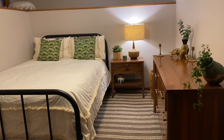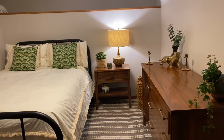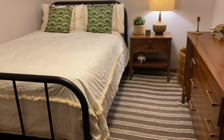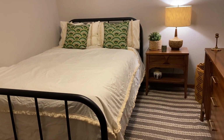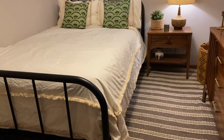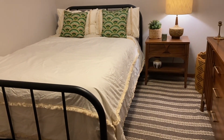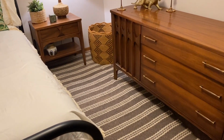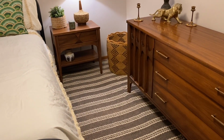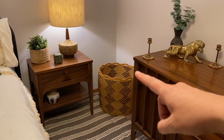And I'm kind of going for a guest bedroom, but I also want people to be able to envision this being a child's room too. I got the bed and the mattress, both of them, off of Facebook Marketplace for $40, and I spray painted the bed black. I think I have some video of me spray painting it, so I'll pop that in if I do. The rug is from Goodwill, and we found this dresser and the nightstand separately a few years apart,